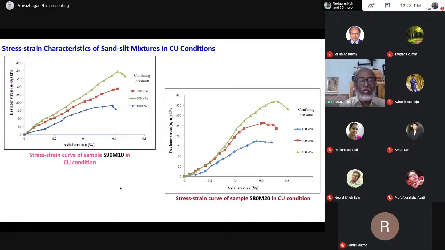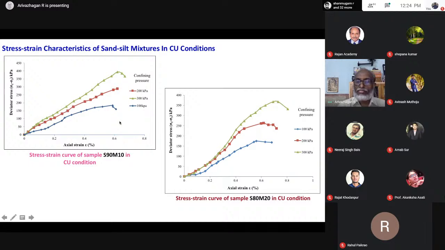So after the triaxial test, from the test results, we calculate sigma 1 and sigma 3. We draw a plot between the deviator stress, that is sigma 1 minus sigma 3, and the axial strain. So I put some sample curves here. That is called the failure deviator stress-strain diagram. This is for 100 kilopascal, 200 kilopascal, 300 kilopascal. As the confining pressure increases, the failure deviator stress also increases. The ultimate point is called the failure deviator stress, that is the ultimate stress.